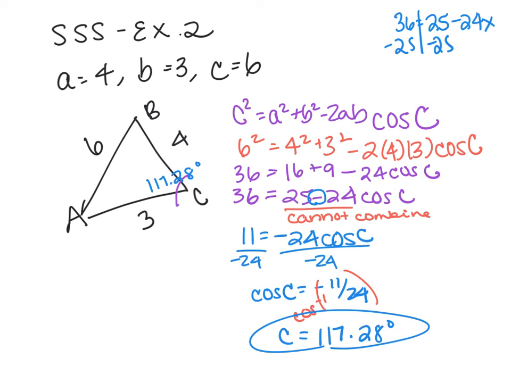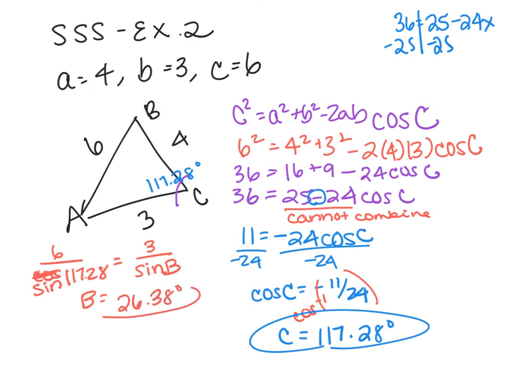So now we need to solve for A and B. Just use law of sines at this point. It's easier. So we have C over sine of C equals, we'll do B first, 3 over sine of B. Cross multiply, take your inverse sine, and you get